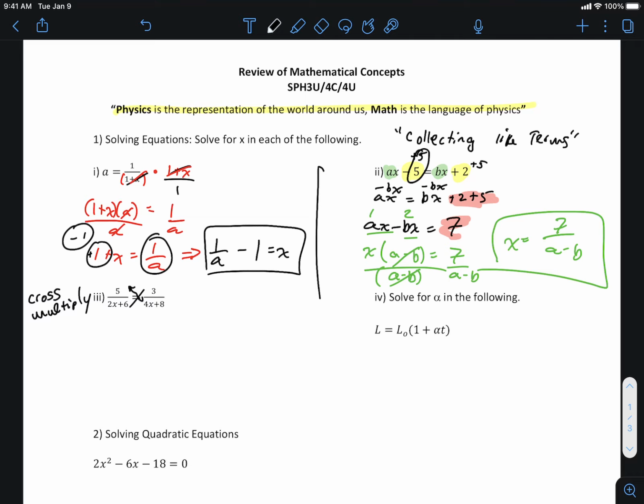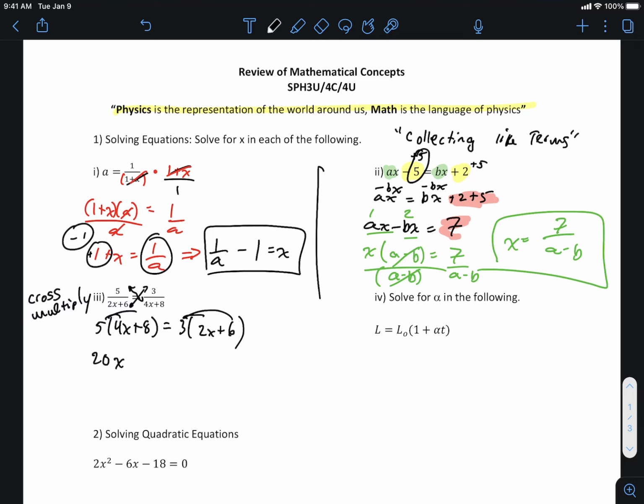Across the equal sign. So I'm going to go 5 times 4x plus 8 has to equal, well, 3 times this piece here. 3 times 2x plus 6. And then you can do what we call distribution, right? Where we took the number out front and multiplied it in. Right? So we're going to see, okay,